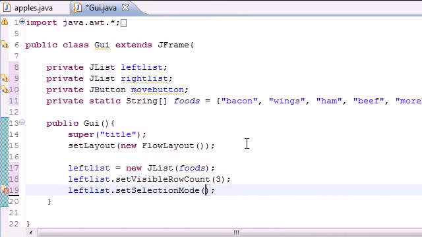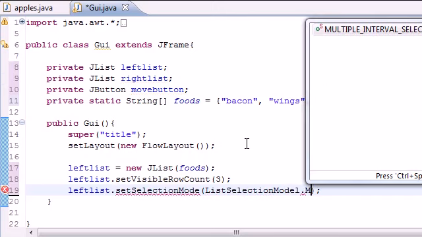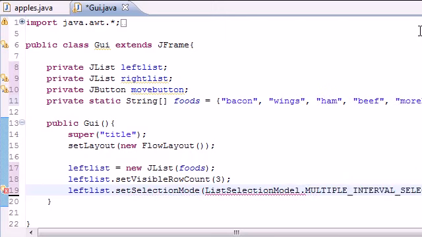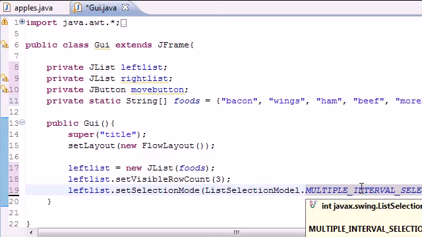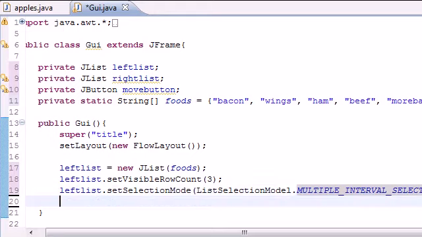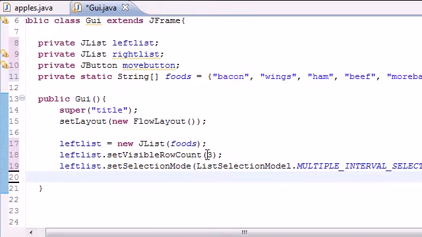And our selection mode, unlike before, is going to be list selection model dot multiple interval selection. What this means is, unlike last time where you could only select one thing at a time, with multiple interval selection, using your control and shift keys on your keyboard, you can select multiple items at a time. So now the last thing we need to do to our left list is add it to the screen. And also, like I just told you before, we need to add a new J